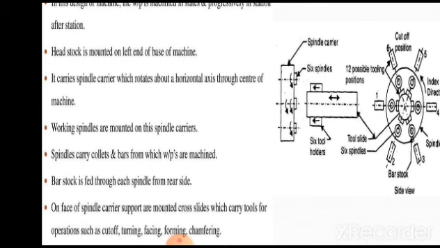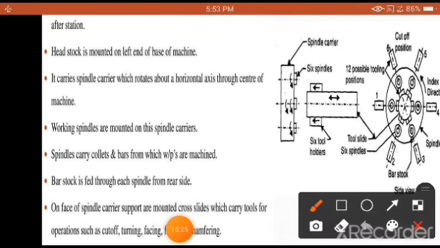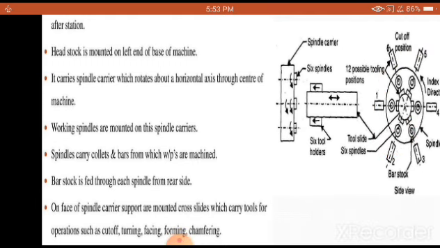As shown in the figure, a 6-spindle progressive action is going to take place. That means it is possible to carry out the machining operation one after the other. The spindle carrier indexes on its 60 degrees, because once a particular operation is carried out here, it goes to the next, then it comes to the next like this. This is called indexing, rotating through 60 degrees at each tool retraction.